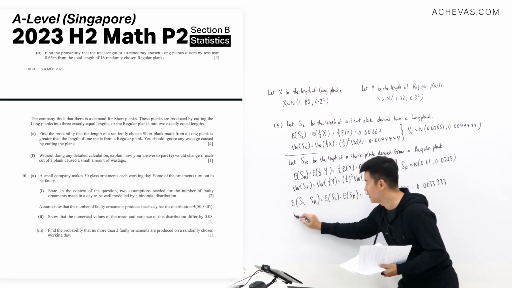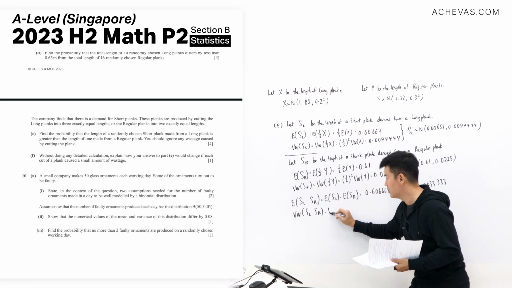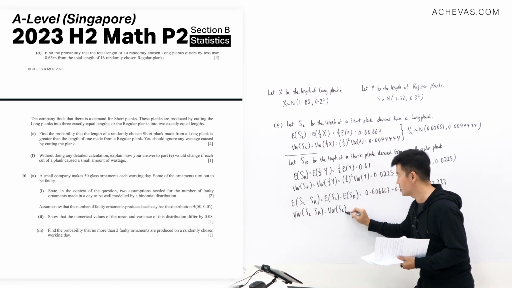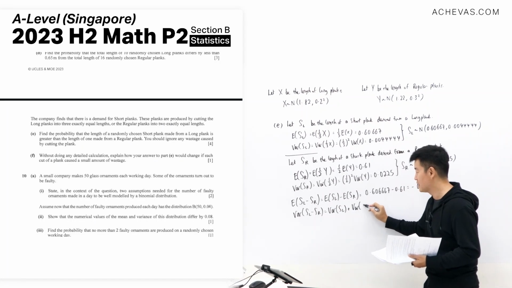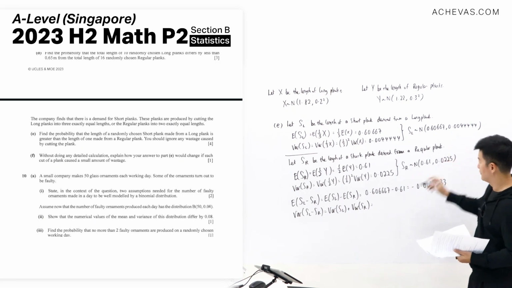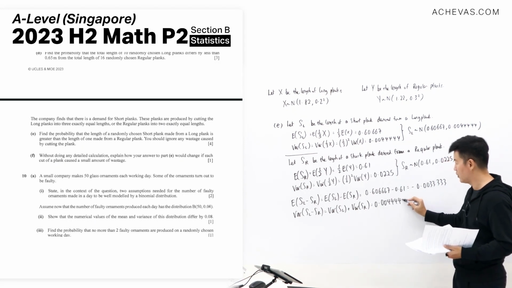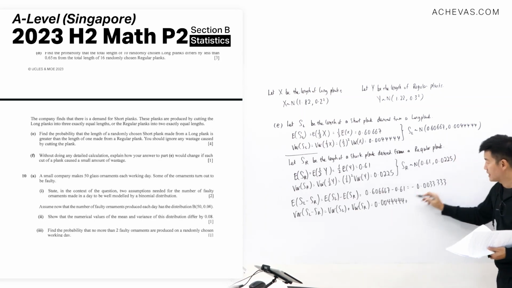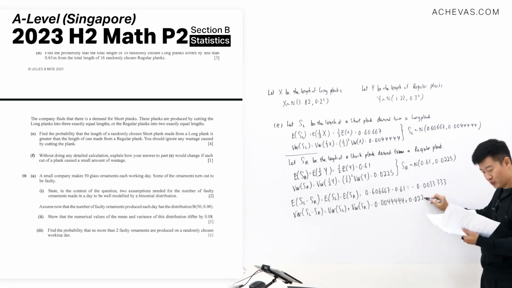And then we want to find the variance of SL minus SR. This is going to be the variance of SL plus the variance of SR. So this is going to be 0.004444 plus the variance of SR, which is going to be 0.0225,